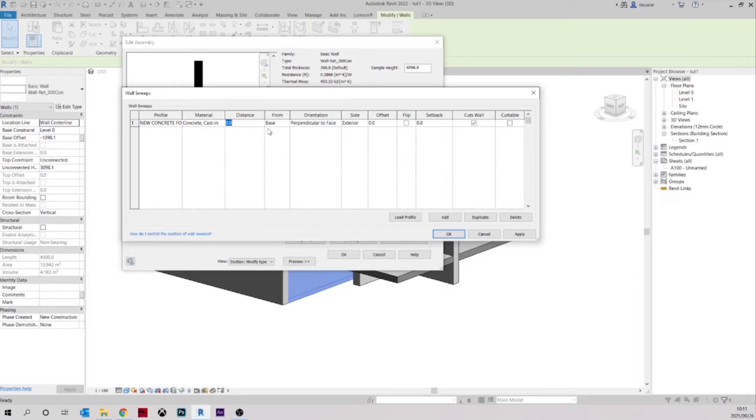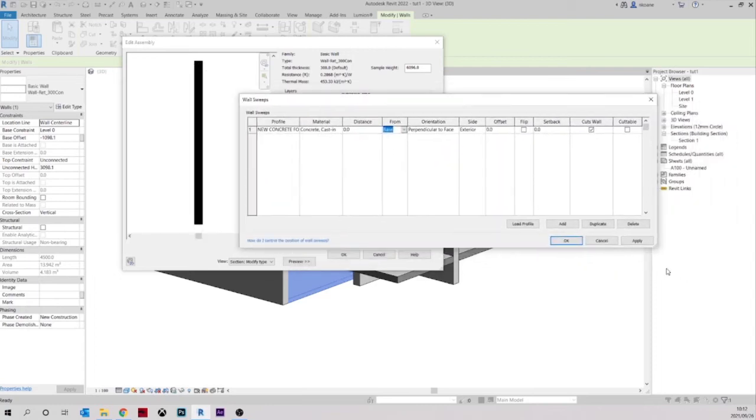You can put distances to move it either to the left or the right, or up and down. You can say from base or from the top of the wall. So the base will be there. If I click apply, you will see it coming there, right? If I say top, it will switch positions and go to the top of the wall. We want it to be at the base of the wall,